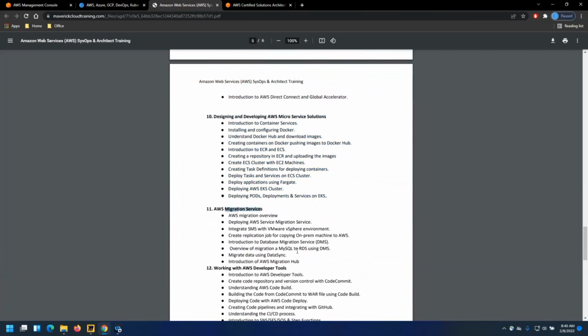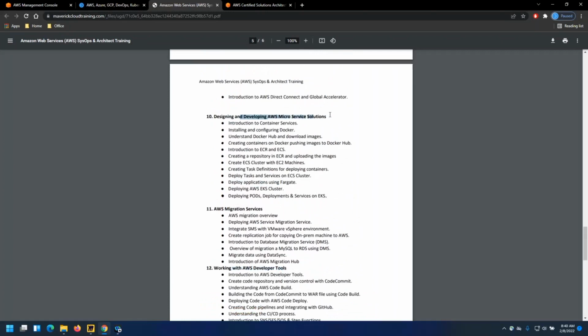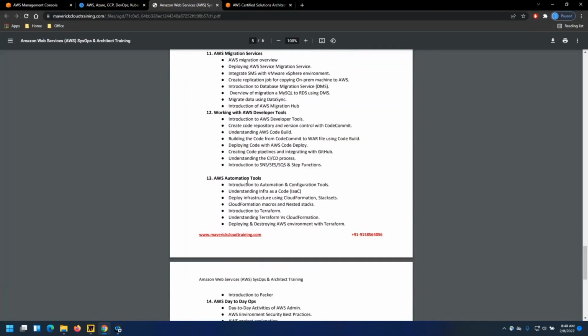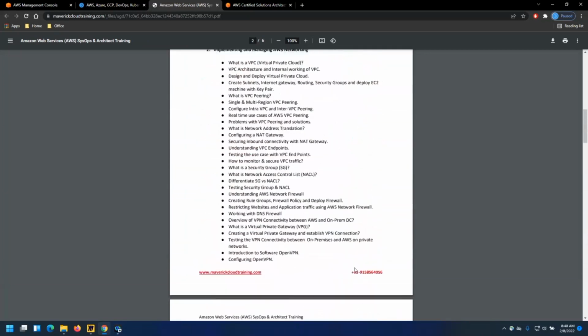And migration services are altogether a different job role. If you look at Naukri or anywhere, you will see a couple of job roles mentioned as migration expert for AWS, Azure, GCP, whatever, right? Developer tools and your microservices solutions are two additional things we're trying to cover. These two are part of your major developer day-to-day operations. We'll try to help developers in the way they want to perform their day-to-day operations, and what kind of tasks you perform to help your developers who are working in product development, right? And associated automations and other day-to-day operations. So that's the overall objective of this training.